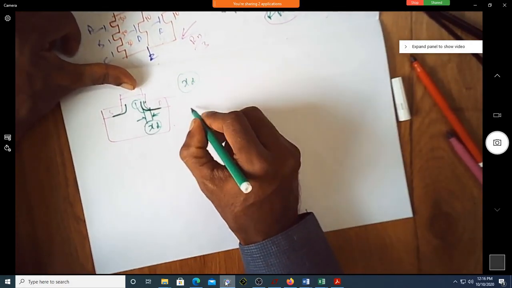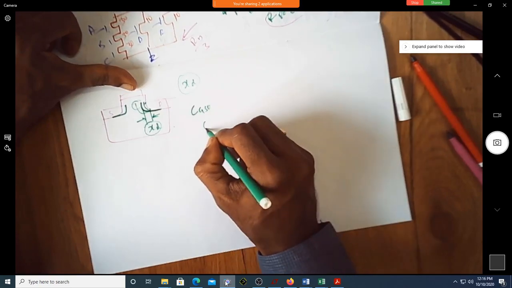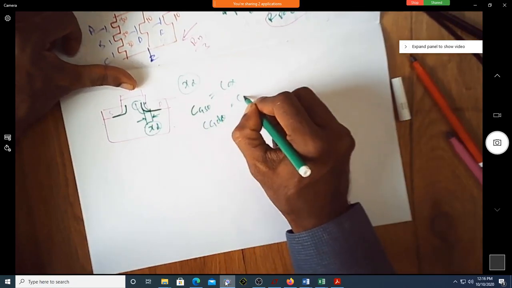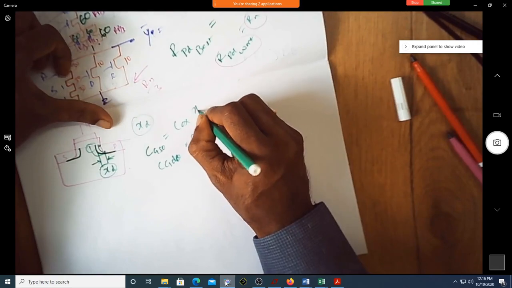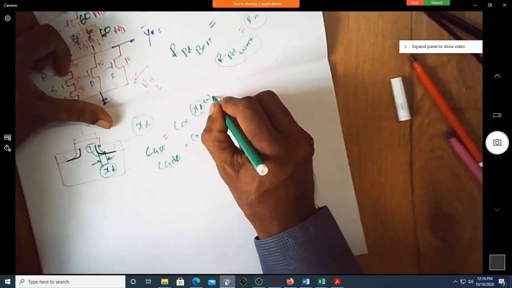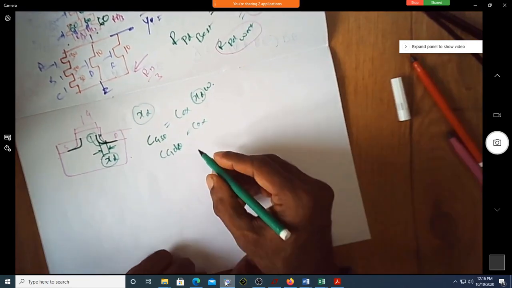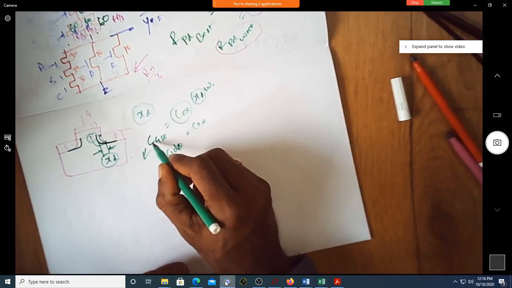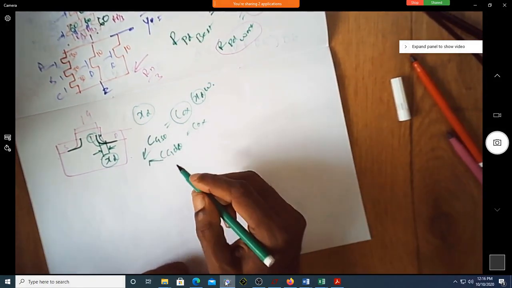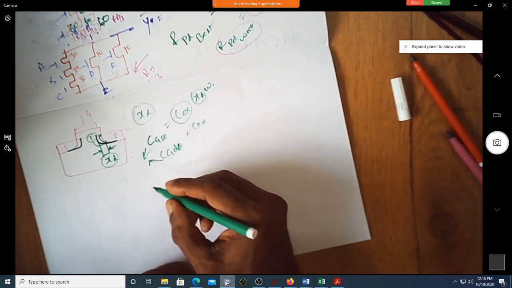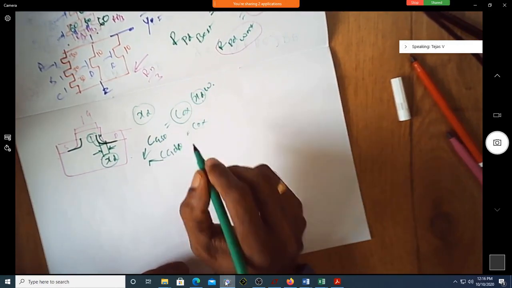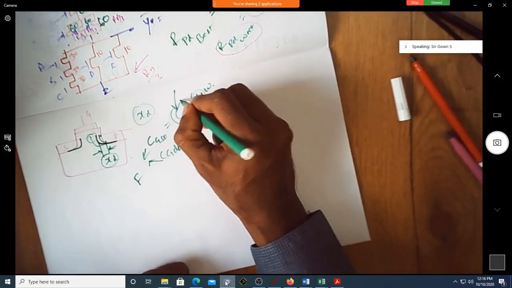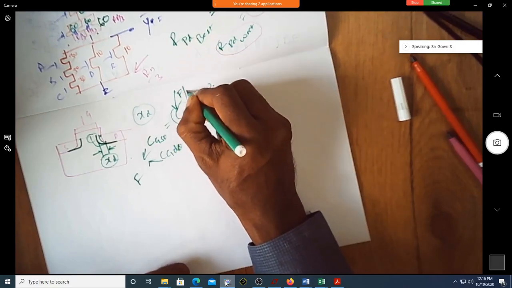So that's why, while finding CGSO or CGDO, we will not multiply this Cox with XD into W. What is the overall unit of CGSO, CGDO? Farad. They are farad. But Cox is per unit area capacitance, farad per meter square.